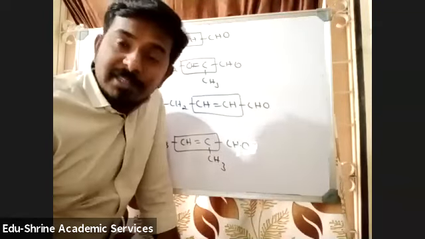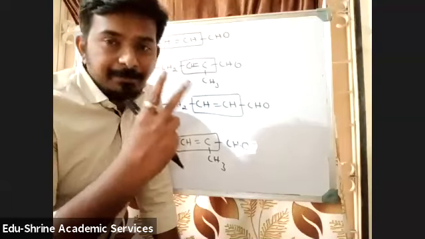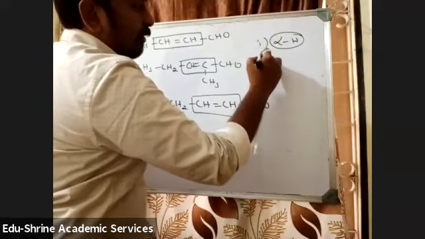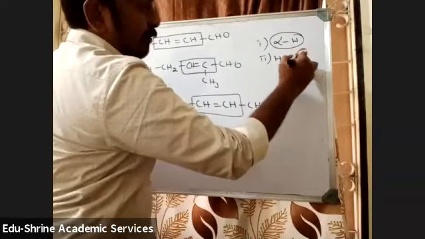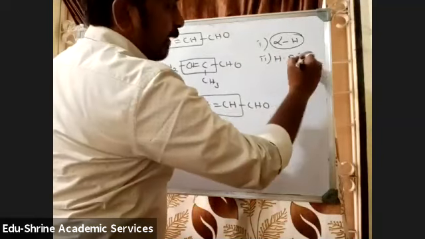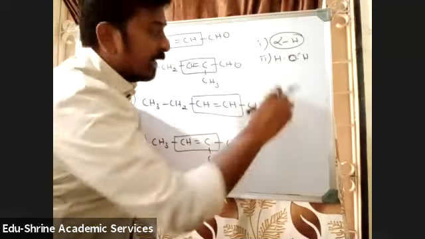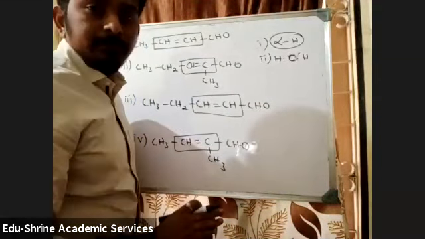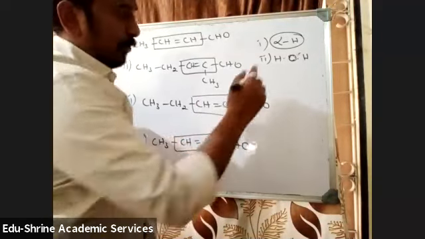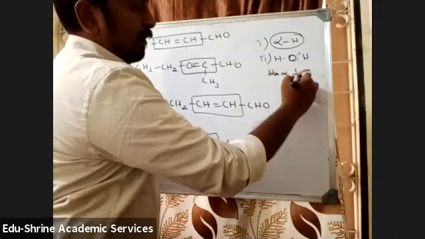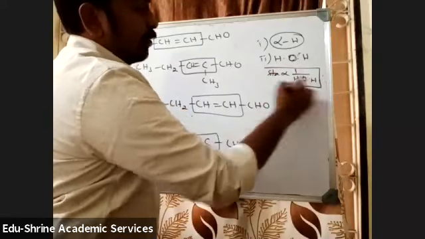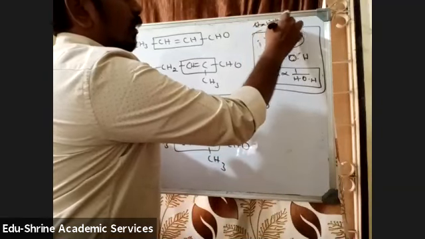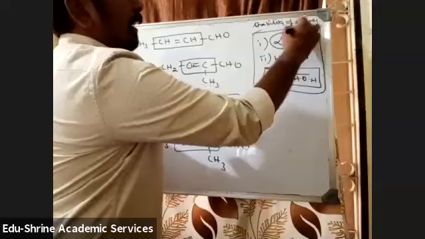So what factors will define the stability of alkene? There are only 2 factors which explain the stability of alkenes. One is through alpha hydrogens. Next one is through heat of hydrogenation. How is stability of alkene related to heat of hydrogenation? Directly proportional or inversely proportional? Inversely proportional. Very good. So stability is inversely proportional to heat of hydrogenation. Only these 2 factors will explain stability of alkenes.